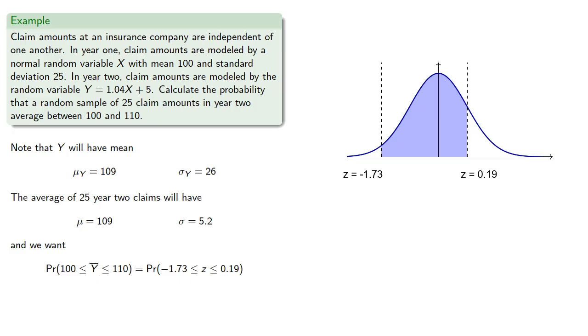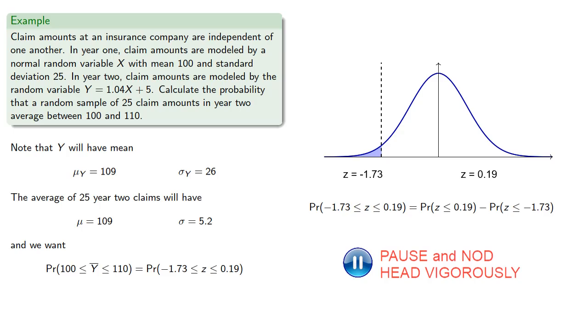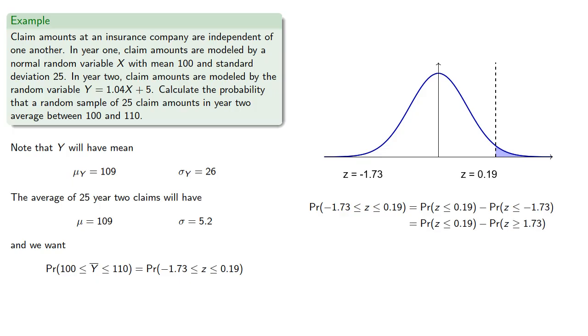Well, that's all of the region to the left of 0.19, from which we'll remove the region that's to the left of negative 1.73. Which by symmetry is the same as the region that's to the right of positive 1.73,